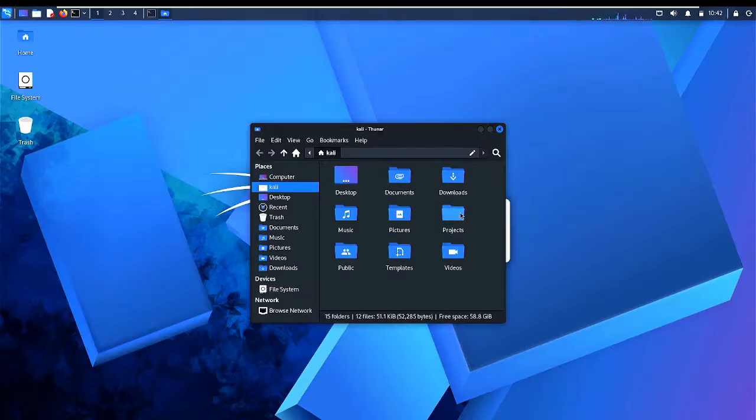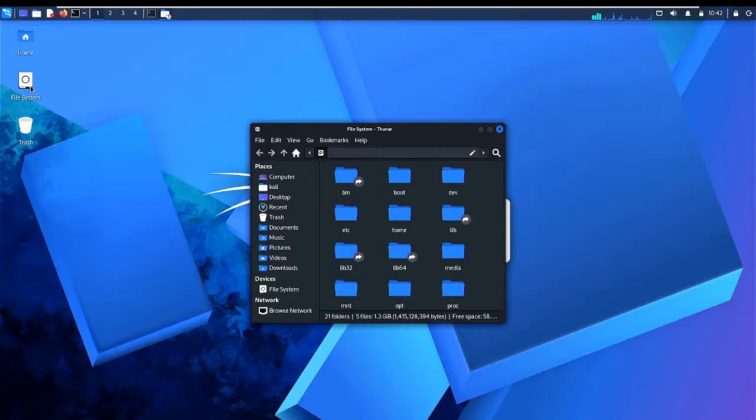Then you see this file system. If I open it now, take note of the files that are there. You see bin, root, dev, etc, home, lib, and all that. These are the configuration files that allow this system to function. That's the system file that allows this Linux system to function. If I delete any of these files, these boots, all these directories, it's going to affect the system. The system might just shut down and not work, this Kali system. Is it clear? If I mistakenly delete any of them, it will affect my Linux operating system.